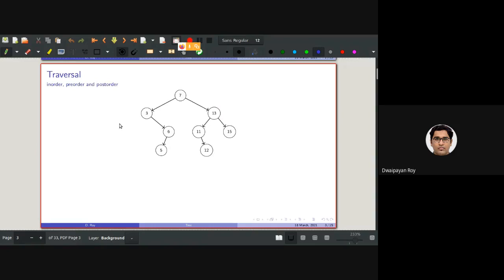So just to give you a recap, we have drawn this tree. The in-order traversal was basically 3, 5, 6, 7, then 11, 12, 13, 15.